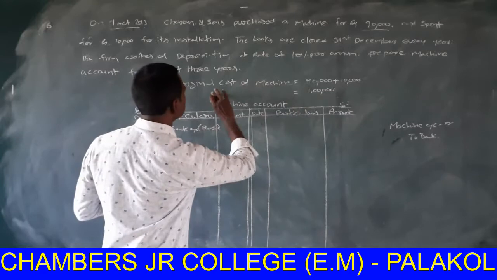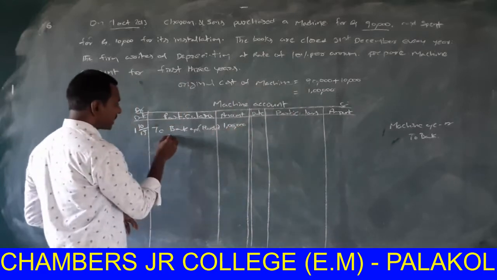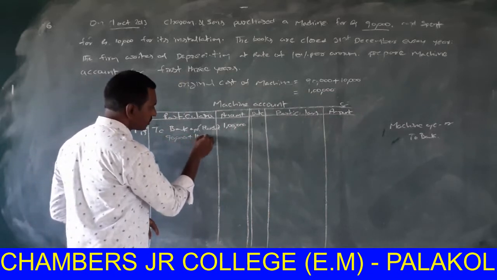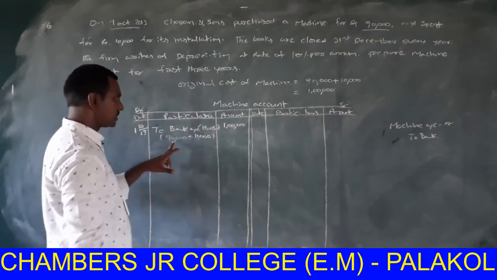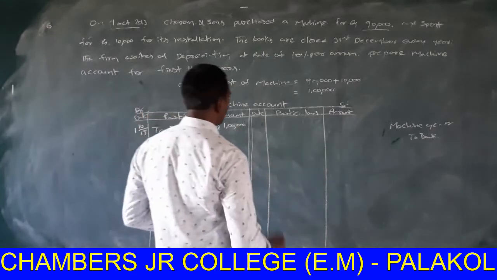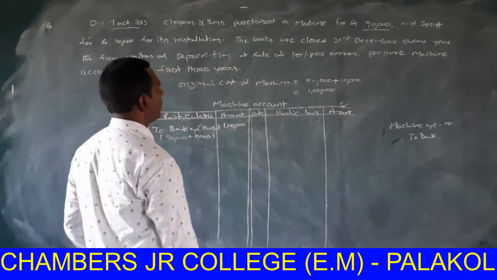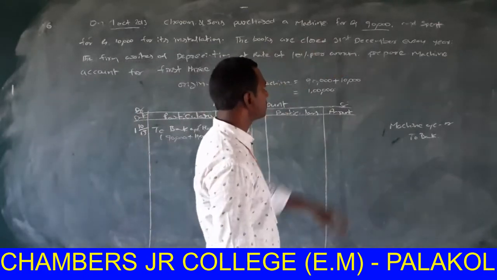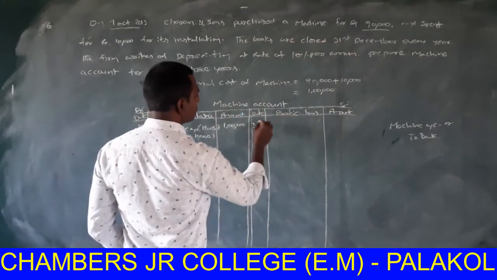What is the amount? Original cost 1 lakh. That is 90,000 plus 10,000: purchase 90,000 plus installation expenses 10,000, total 1 lakh. Depreciation is calculated at the end of every year. Here the books are closed on 31st December every year, so depreciation is also calculated on